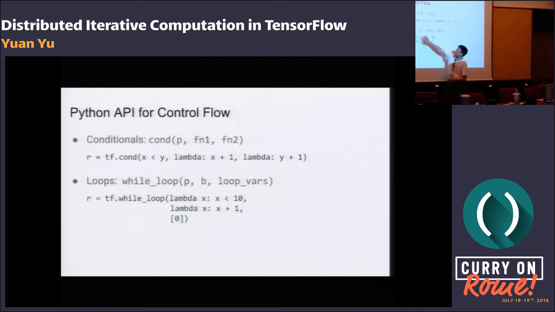This is a subgraph that is going to be executed when the predicate is true, and this is a subgraph that is going to be executed when the predicate is false. Similarly, for the while loop, we have a lambda that computes the termination condition, and B is basically the body of the while loop.